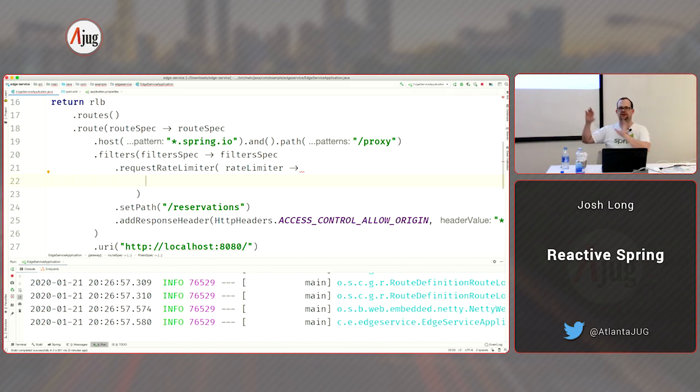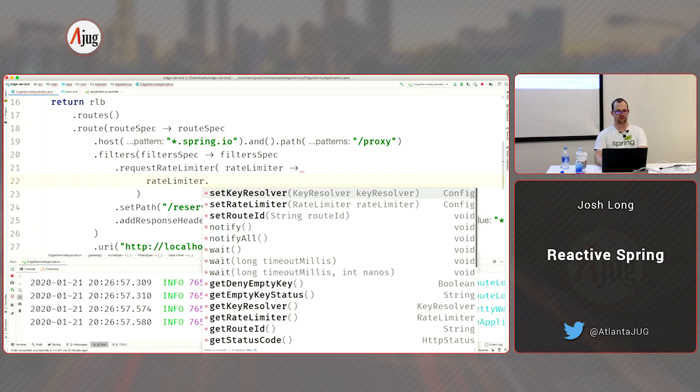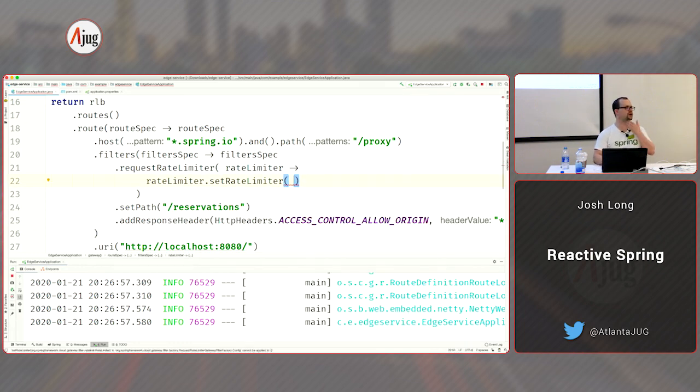You don't want something to take advantage of your generosity and ruin the quality of service for other people on the system. So you can limit them to a number of requests per second. This is a very common thing. So I say rate limiter dot rate limiter. I got to plug in a rate limiter. Now a rate limiter